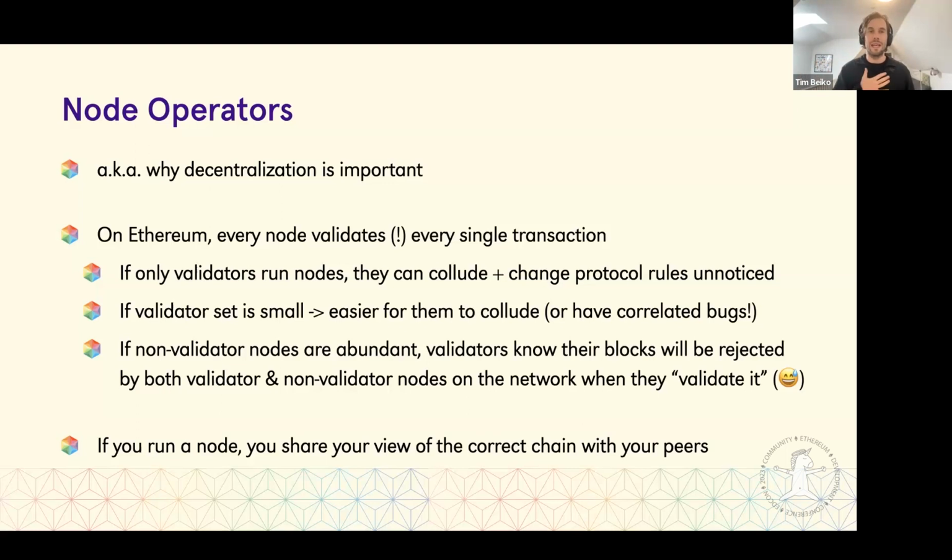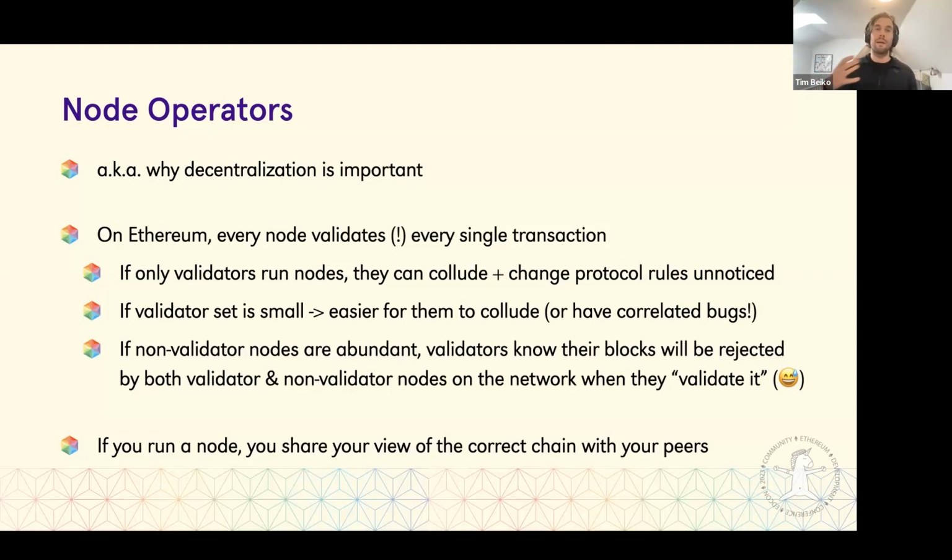Imagine a blockchain where it's like me and one person running the validator nodes, and we're the only ones who run nodes, nobody else can. Then I can mint myself 1 million tokens, so can my friend, and nobody else is going to know that the supply changed because they can't actually scan the chain and run a node to know. And this is why it's important: the more people run nodes, the more people independently verify that the rules of the protocol were followed.